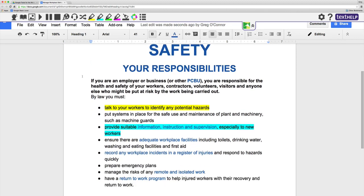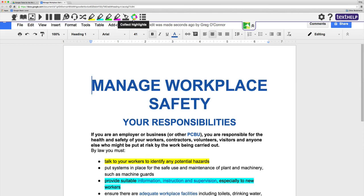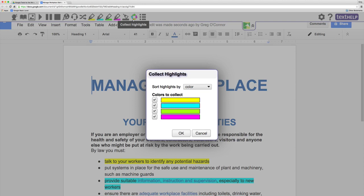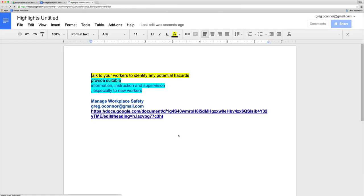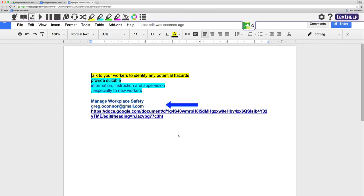I can then, after finishing reading that document, if I want to collect the text that I've highlighted, I choose Collect Highlights. A window appears that asks me how I want to collect those highlights, and I just press OK. And then a new Google Doc is created with the collected highlights that I had, the name of the document that I was